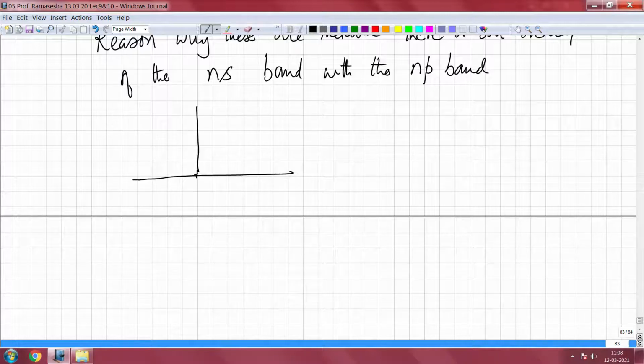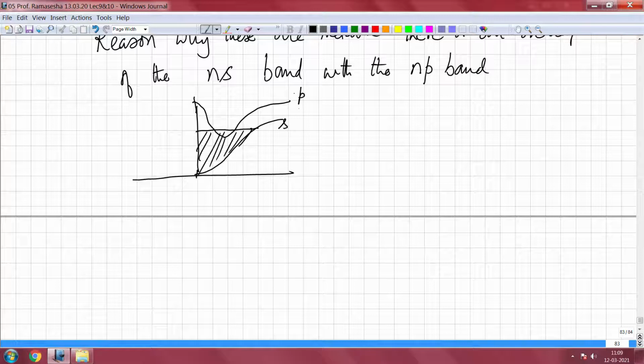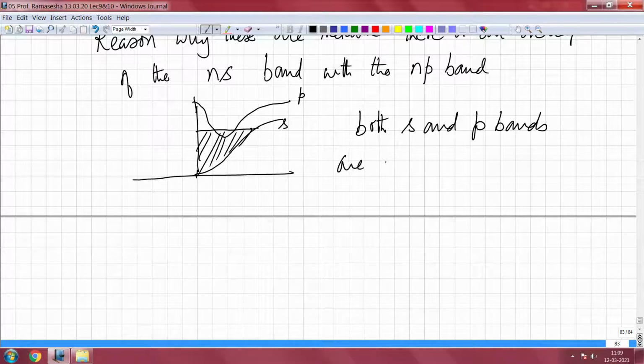So we have the first band going up in energy like that, and the second band has come down and so forth. So now they will have a common Fermi energy, and this Fermi energy will correspond to two partly filled bands. This is the S band and this is the P band. So both S and P bands are partly filled